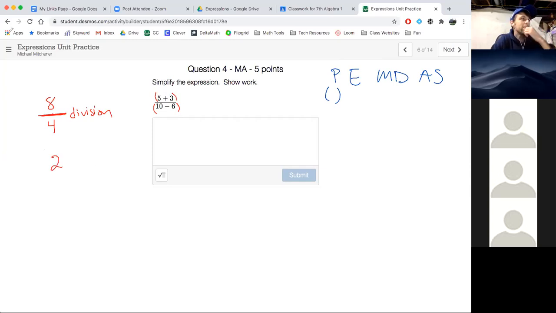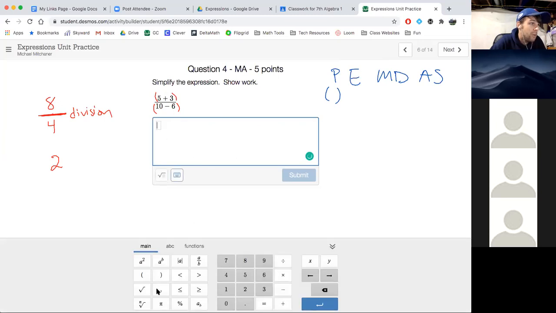That one was actually a really easy problem. The hard part of this one is going to be putting it in. Because I want to type in a fraction, I need to open up my equation thing, and there's a button here that will let you do a fraction. There's also a keyboard shortcut with the backslash. You can just type in the backslash, and it'll automatically make a fraction, but I'm going to do it right here with this button. So we got 8/4,